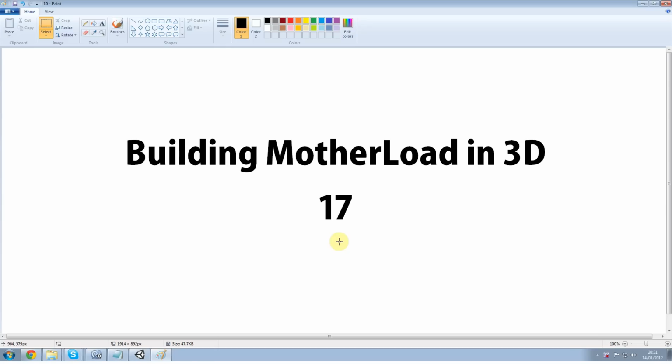Welcome to part 17. In part 17 what we're going to do is create the inventory GUI box, and that's pretty much it. And then in the next one, 18, we're going to add the texture to that and finish it off. Okay,